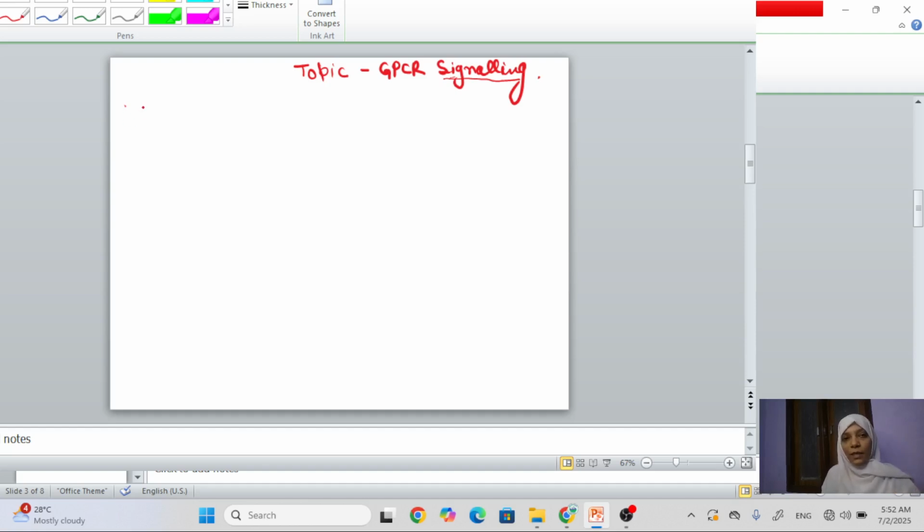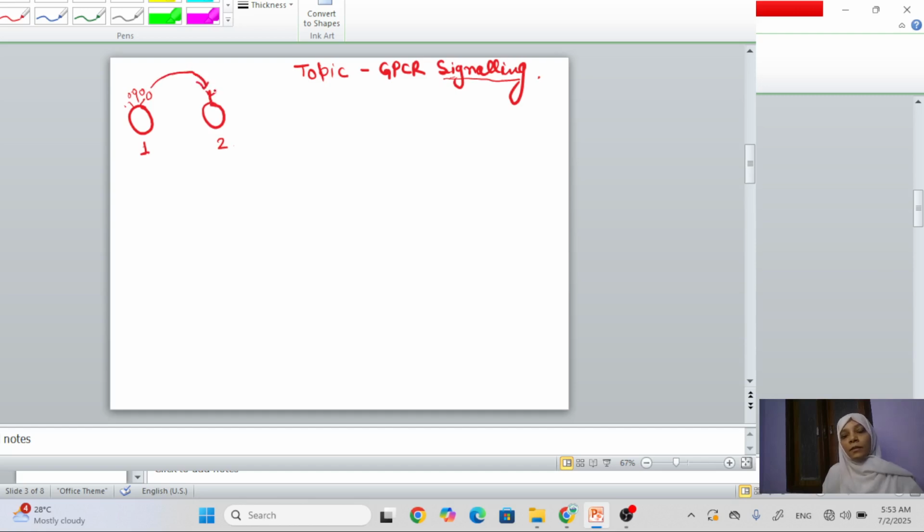So here is some cell and here are different types of cells. This is cell number 1 and this is cell number 2. Here are some cells producing hormones and chemicals, and here are some cells which accept these chemicals,